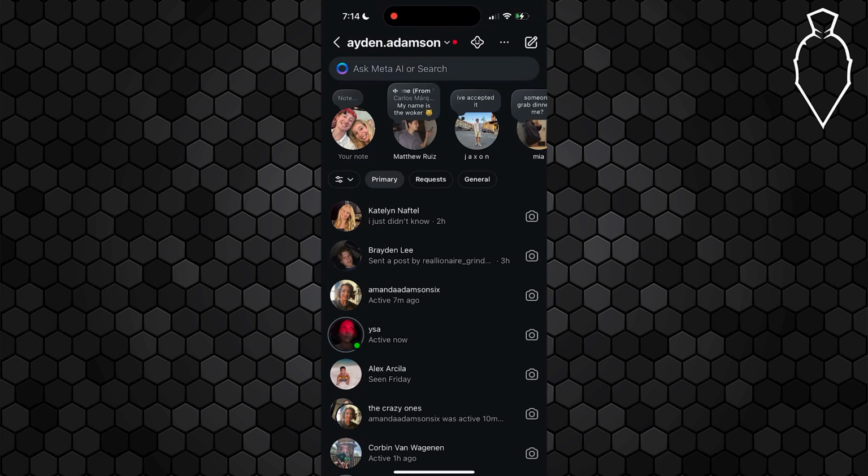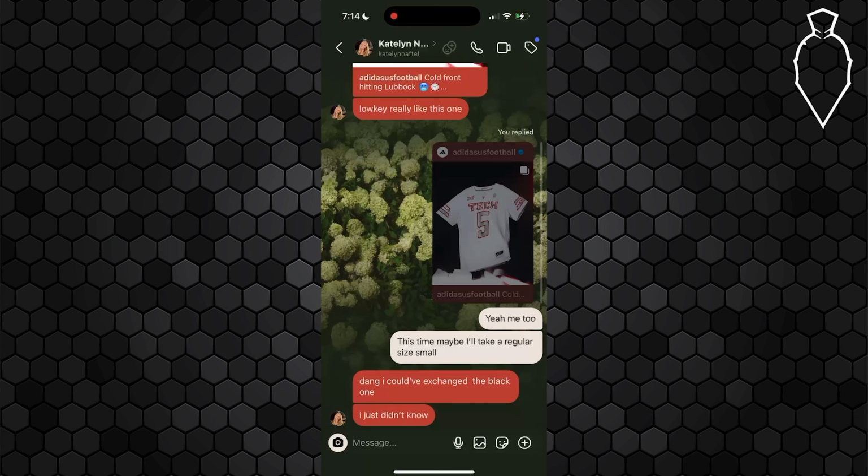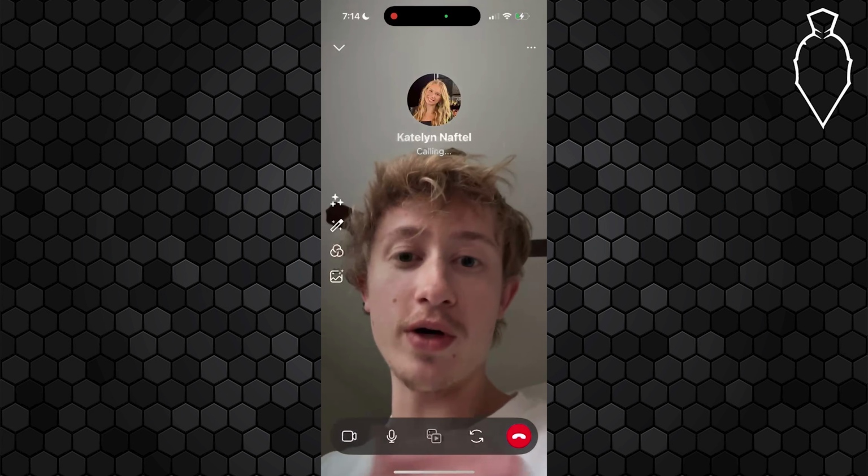From here, you can either create a new chat, or if you would like, go into a previous DM with someone. In this case, we're going to go into a previous DM. And as you can see up in the very top right, you're going to see a bunch of different options, a call icon, a little video camera icon, and then a shopping icon as well. Go ahead and select the little video camera icon just like so, and it's going to begin calling them on